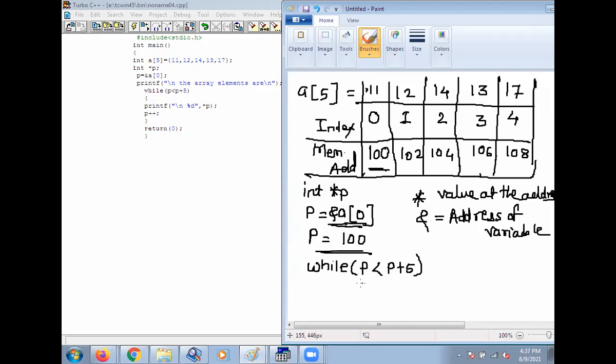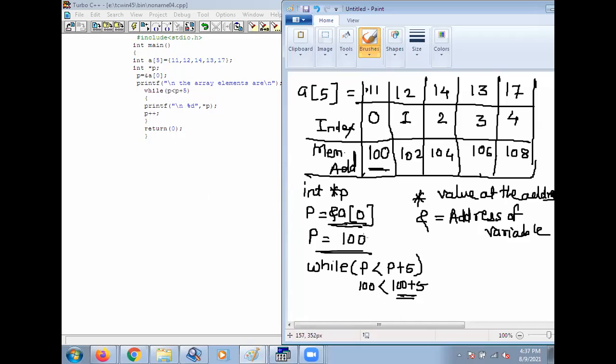That is here 100 is less than 100 plus 5, that is 105. This condition becomes true. Okay. Then here print, then star P.